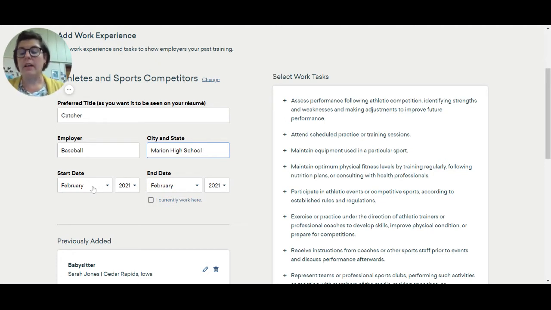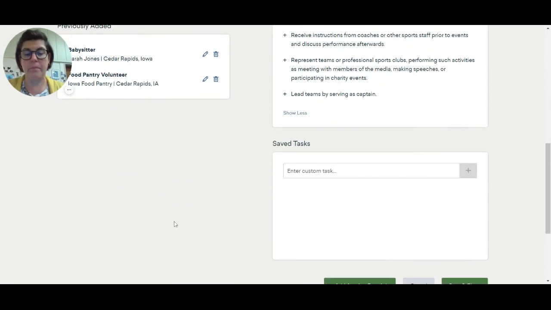Okay. Start date, put the start of the first season that you joined the sport. If you still play this sport or you plan on playing it this season, click I currently work here. Now, you can put things under the custom tasks if they are unique achievements to the team. Like if you made it to state, if you were a state qualifier, or if you won state, you would put that there. 2019